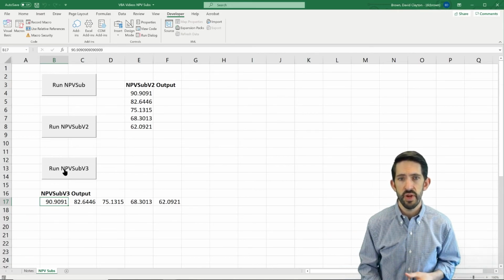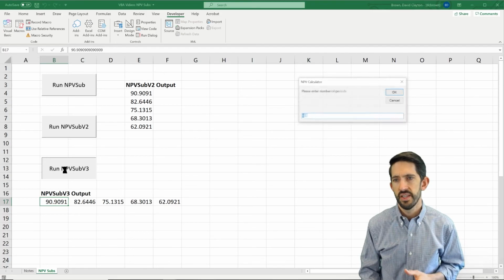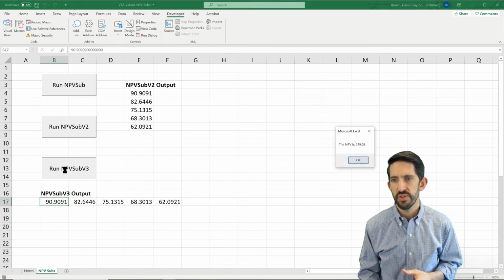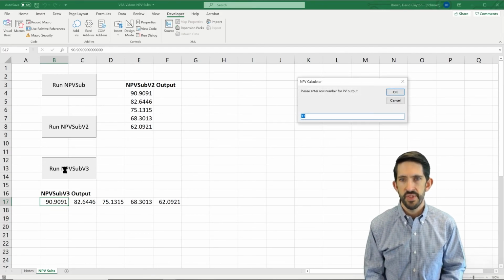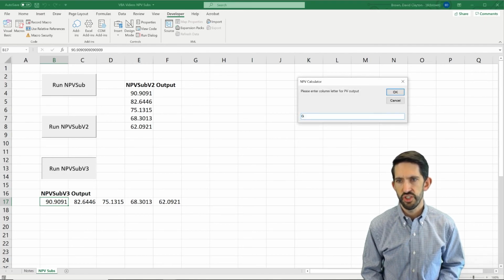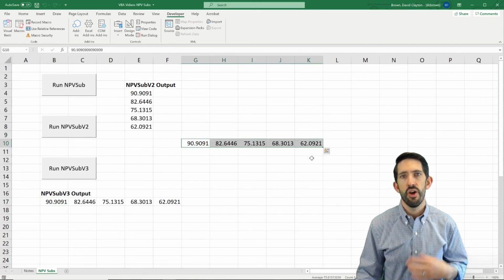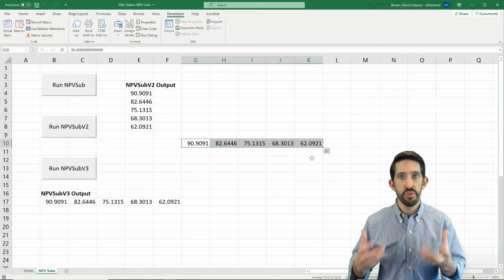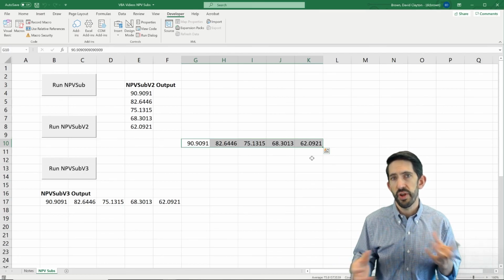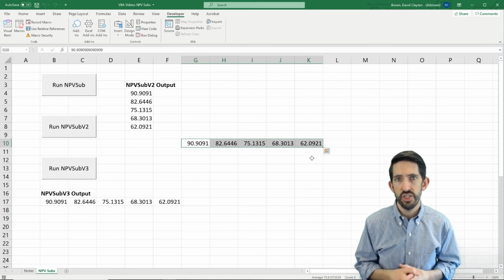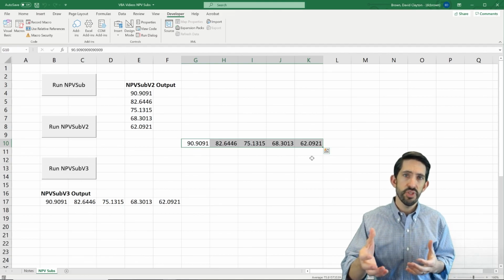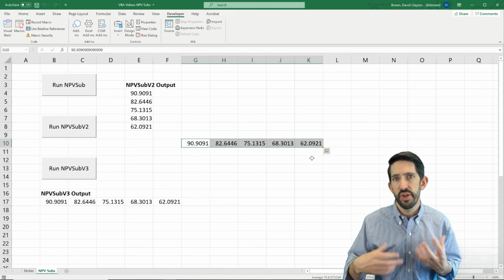Obviously, we can move this around, right? If we want to rerun this, let's just rerun the basic cash flows, get our NPV, and let's now put it over in G10. So let's put D10 with a G. Now we started it in G10, and we pasted our 5 values across. So really, you have a little bit more dynamic control. You can put your answers wherever it's convenient in your spreadsheet, using a combination of output statements and loops to make all of our code a little bit